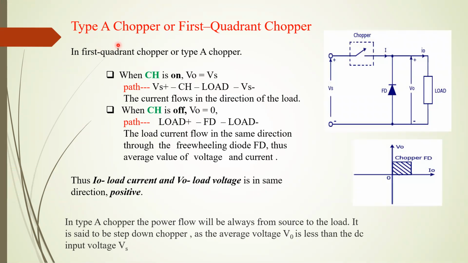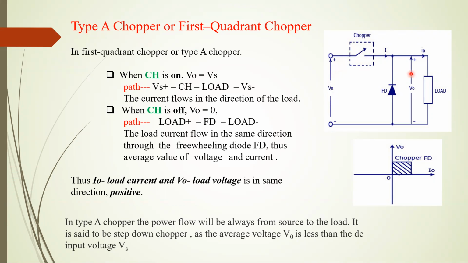Type A chopper or first quadrant chopper. In this first quadrant chopper, or type A chopper, this is the circuit diagram. Let us see the operation. This operation involves two modes: one is when the chopper is on and the other is when the chopper is off. Now for the first mode, when the chopper is on,